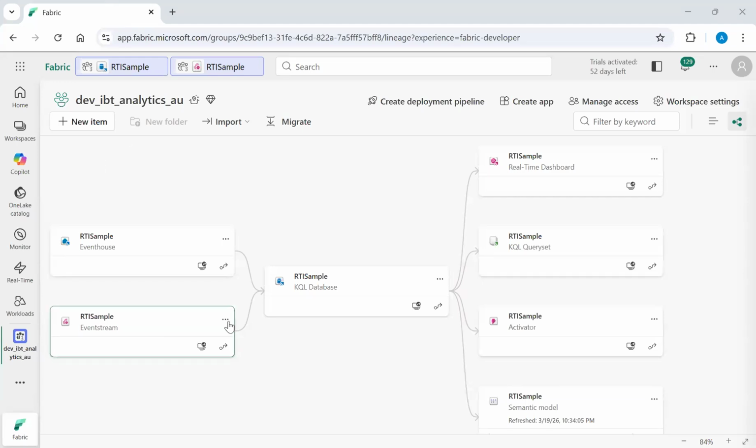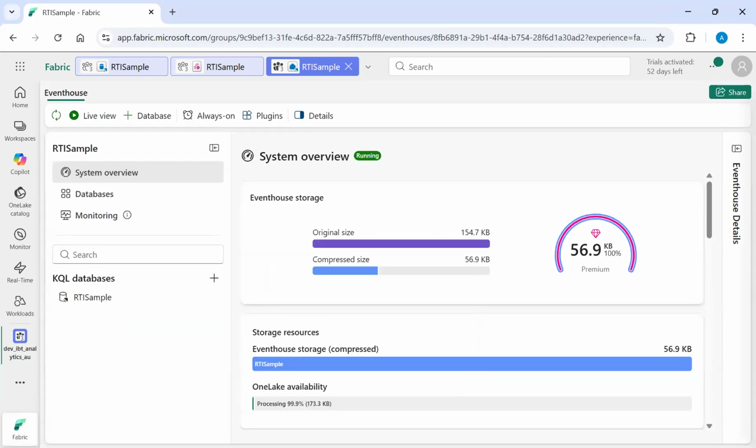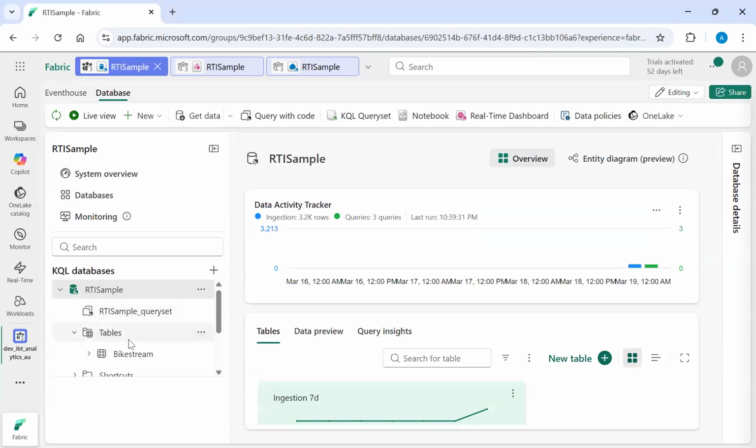You can see event stream is connected to this KQL database. Let me click on this event house and show you how it looks and what exactly it does. So what is an event house? All the real-time data storage and processing is done in the event house. Event house is responsible for that. It stores the streaming data at very high speed and organizes it into tables. It acts as a container for the KQL databases. It can hold multiple databases, but for this particular example, it has only one database and with only one table,